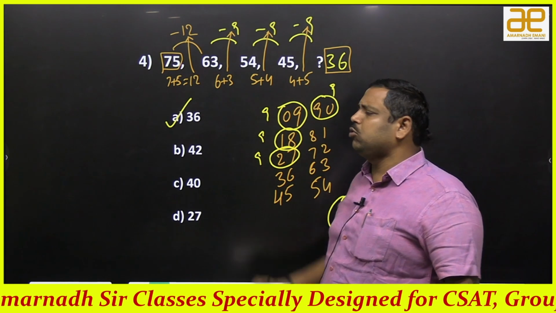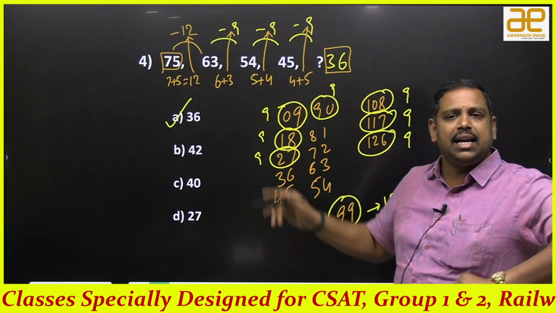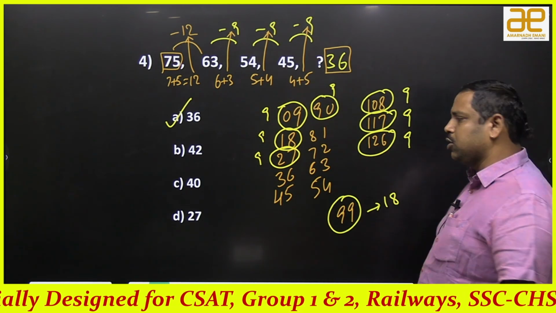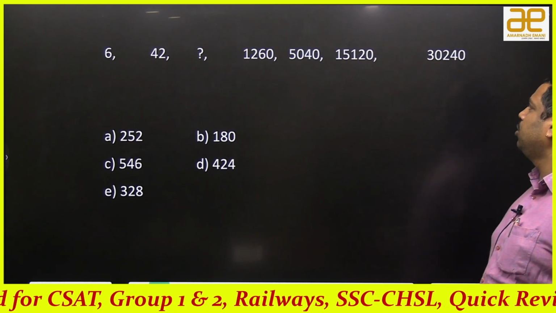Suppose if I have given 72, no confusion, you will feel that yes, it is very easy. Am I right? But since I have given 75, there is small confusion I have created. Okay. But let's go for the next beautiful question. Try it. 6, 42, question mark, 1260, 5040,